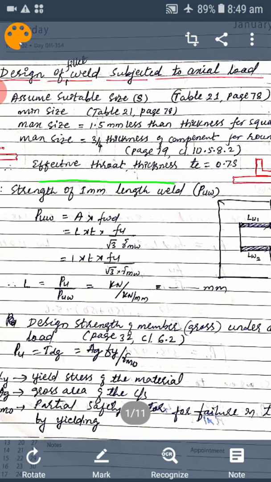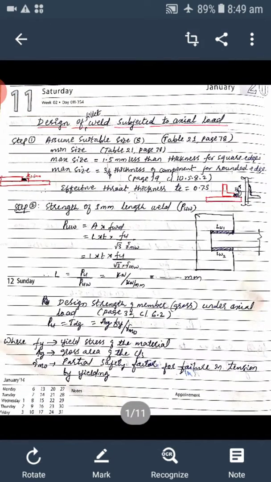And effective throat thickness for a fillet weld, generally the weld applied is assumed to be at an angle of 45 degrees. So for 45 degrees, the value of K will be 0.7, and 0.7 times S. Okay. Then after this, in step number 2, once we calculate the thickness of weld,